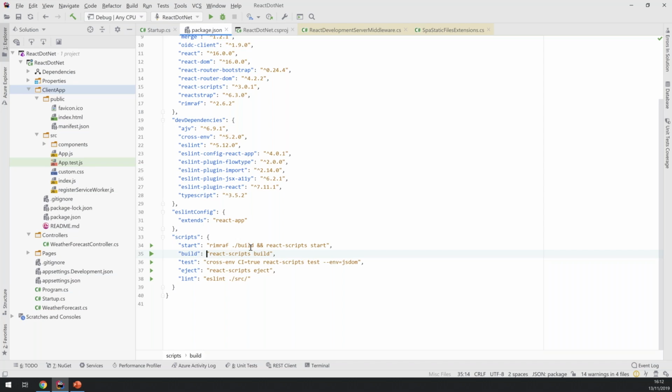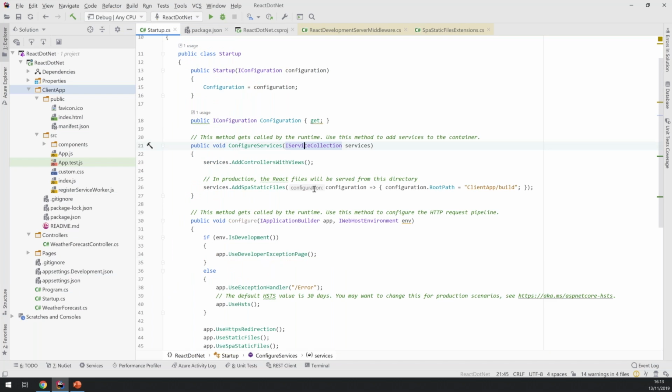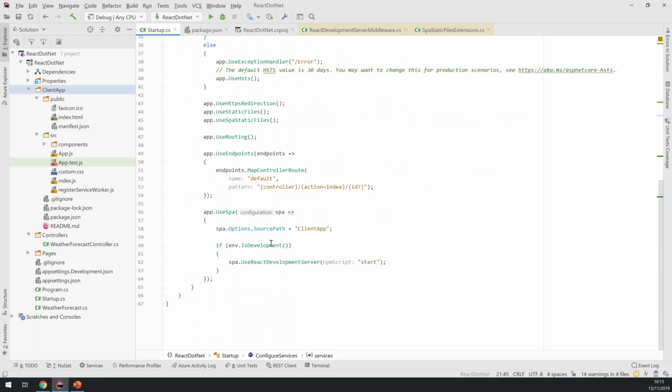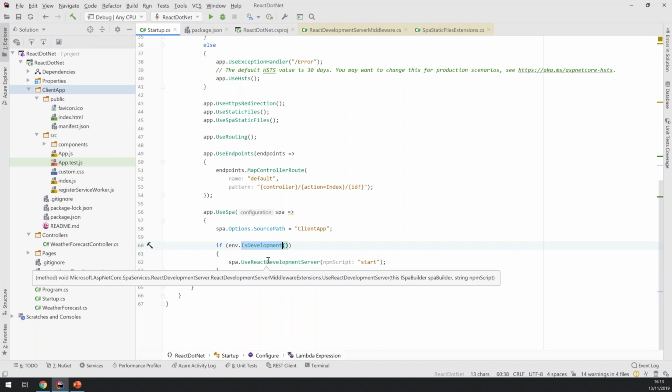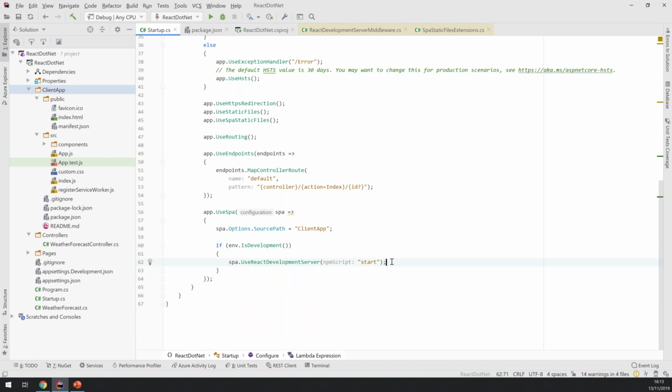What is really cool is if you use the .NET New templates to generate this React plus ASP.NET Core application, the really nice thing there is that in your startup, a couple of new middlewares will be registered. So for example, when we are running the development server, we are also registering the use React development server middleware there. And what will happen is if we run our application in development mode, the ASP.NET Core web server will start, and it will recognize that we are in development mode